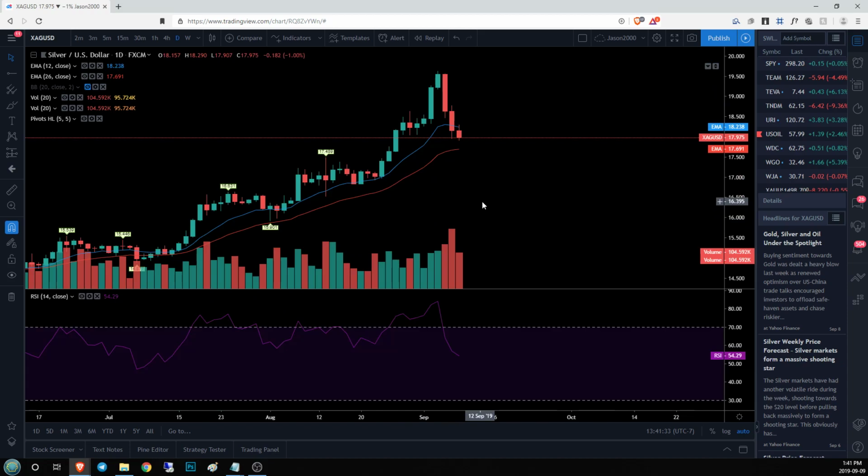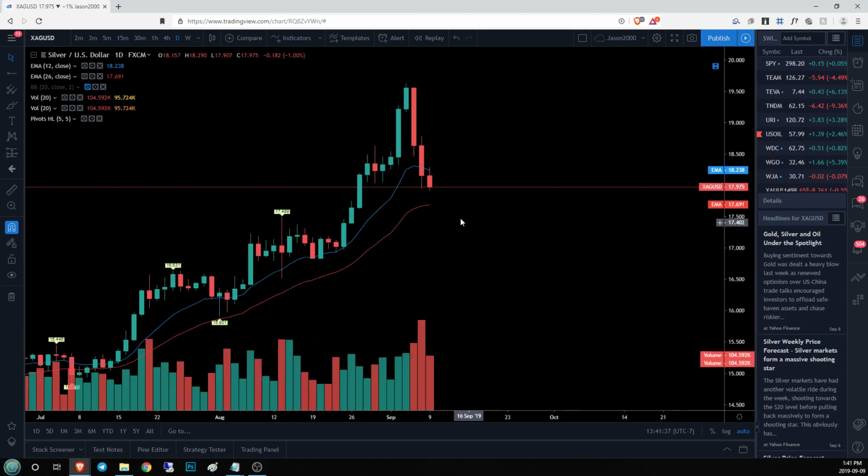On the daily time frame, our RSI is back into its happy zone, 54.29, so all we have now is this bearish momentum. Looks like it's starting to slow down a little bit with today's tight range, a few hours left in this candlestick, but we are in this daily trend. We've established a new low under 18.028, and now what we're going to look for is a bit of a bounce here on a sub time frame level and see if we can't get a little bit of a right